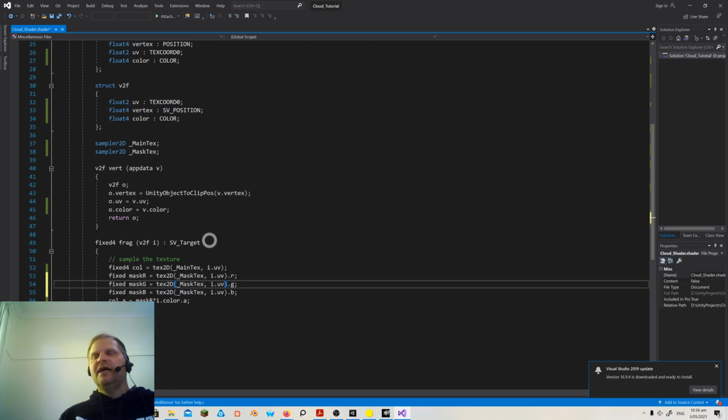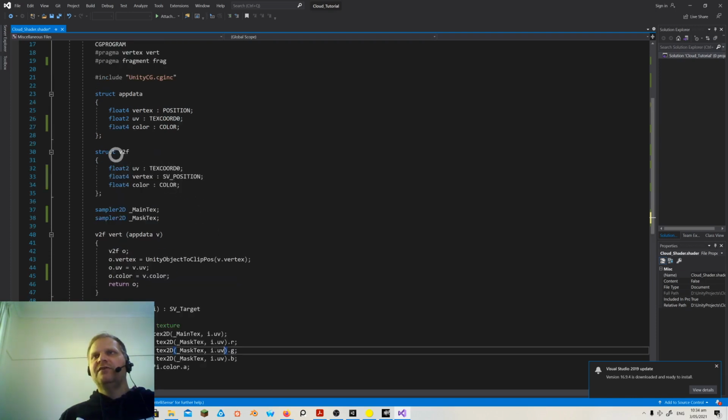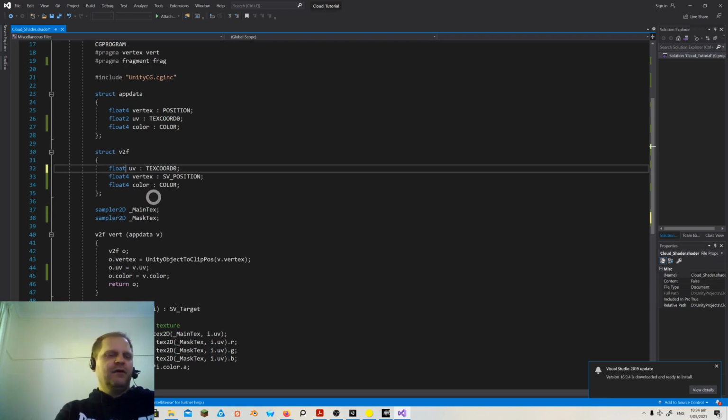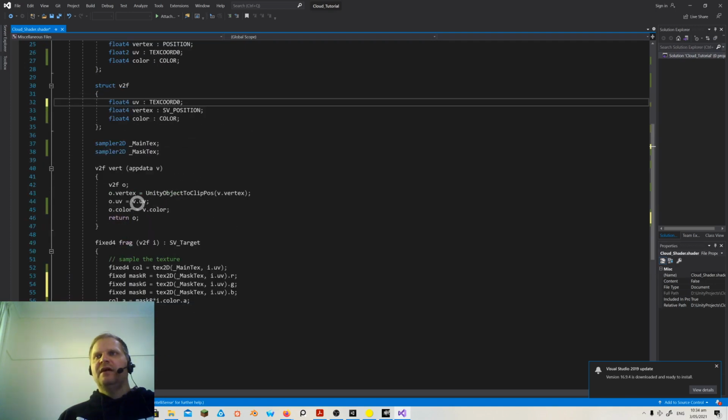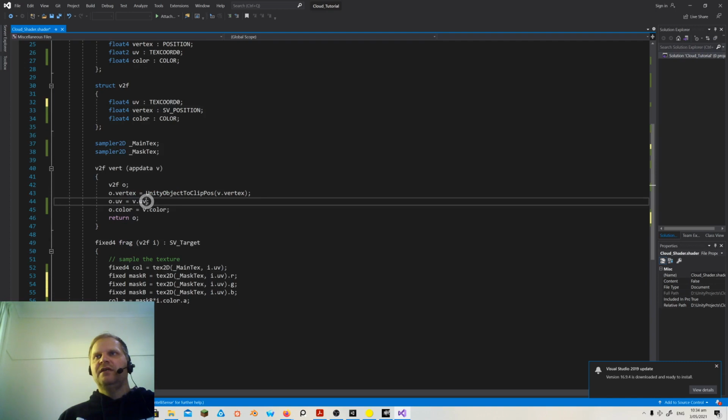So to do that, I'm going to come up to my UV, which is just a float2, and I can make this a float4. So instead of packaging two elements and sending them to the fragment, I'm going to package four elements. If I go here, O.UV needs four elements now. It's going to be v.uv